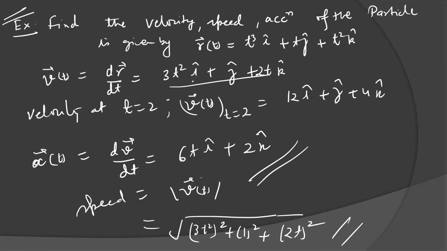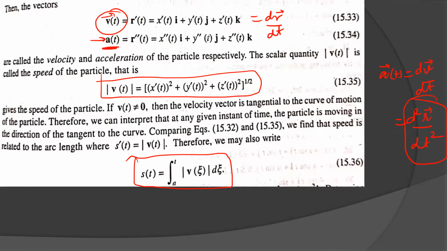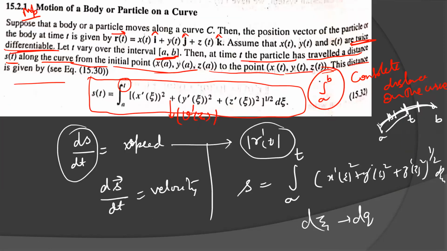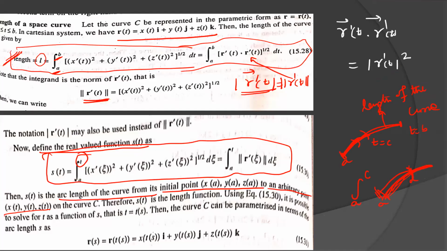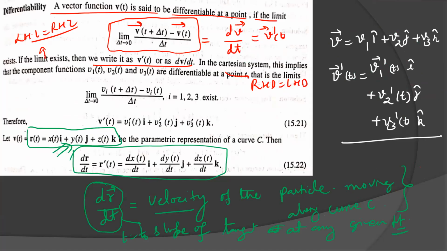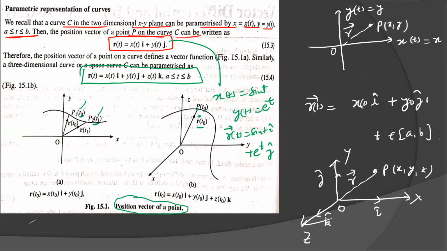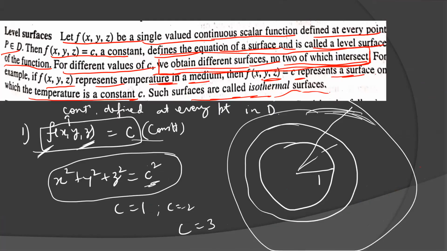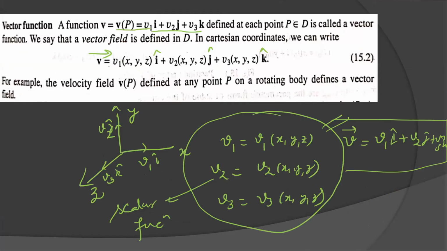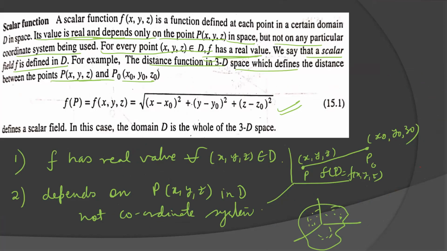These terminology and definitions will be used in further lectures. What is important are these definitions: velocity, acceleration, and displacement, and most important, how to find the complete length. One important point is how to define differentiability, continuity, and limit in the vector representation. What is the parametric representation of a curve, what are level surfaces and the properties of level surfaces, what is a vector function, and what are scalar functions. So these are the terms and definitions we have studied today. This will be used in further lectures. Okay, thank you.